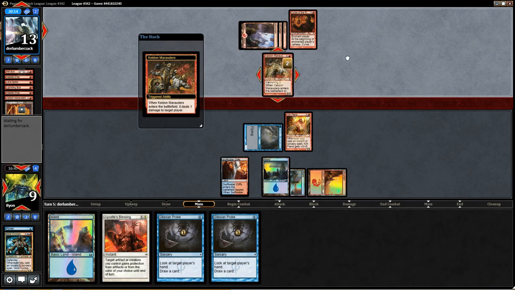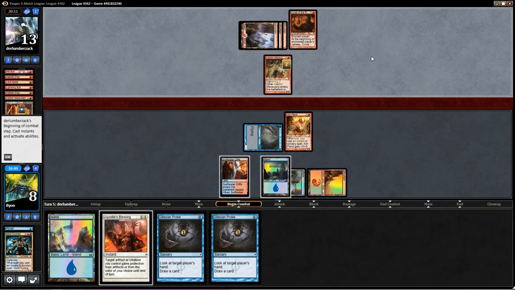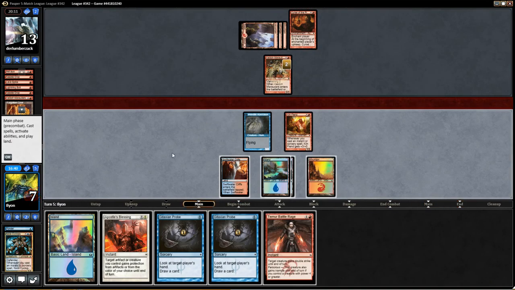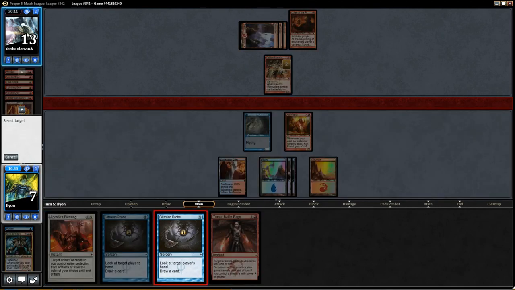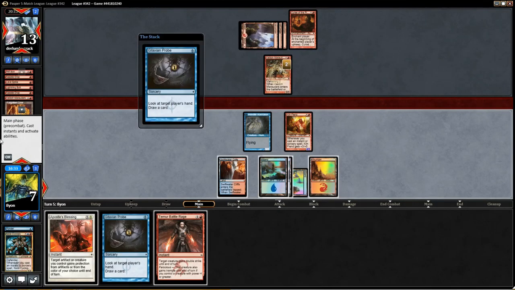Apostle's Blessing can get us through that, because we can give our Kiln Fiend protection from red. If he doesn't play a land here, then I know the coast is probably clear. We can just go off. Oh yeah, okay, so we definitely win here. Nice. Let's probe him to make 100% certain. Because he could still have...